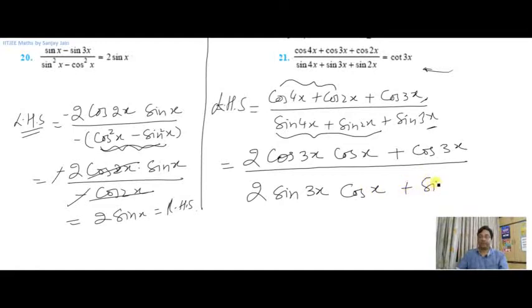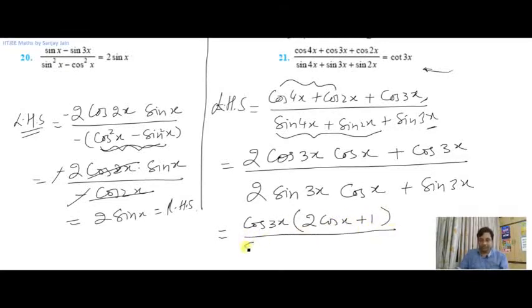and plus sin 3x. So now see, if I take cos 3x common from the numerator, I'll have 2 cos x plus 1 left inside the bracket, and from the denominator if I take sin 3x as common, I'll have 2 cos x plus 1 inside the bracket, which can be cancelled here. So cos 3x by sin 3x will give me cot 3x, which is my right hand side,